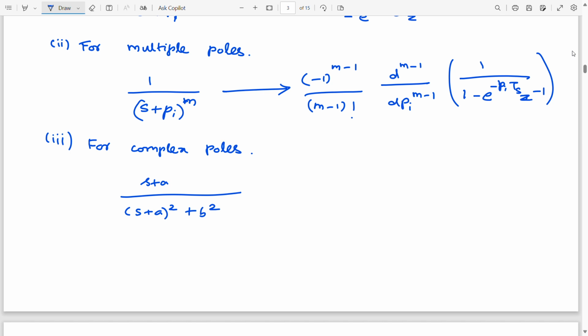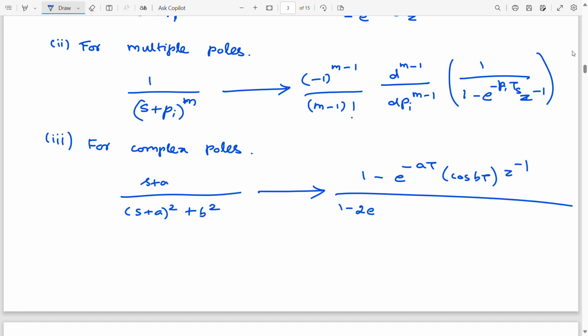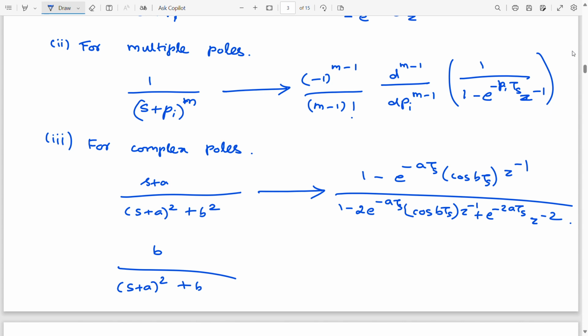This part of the transfer function of the analog filter is transformed into another form of transfer function, which can be represented as